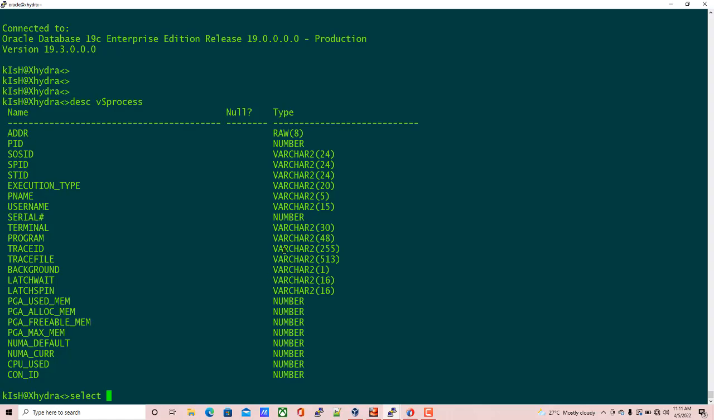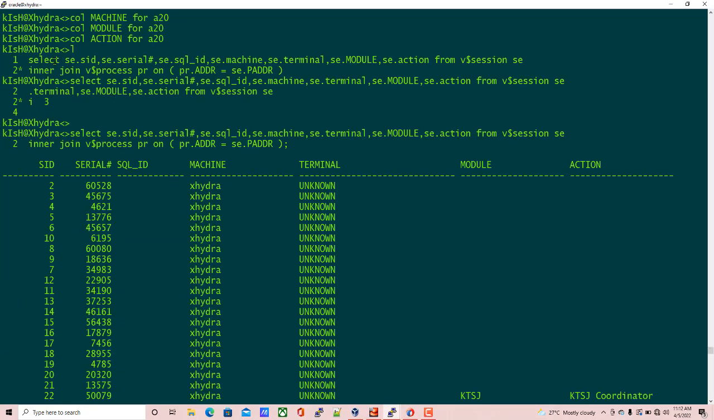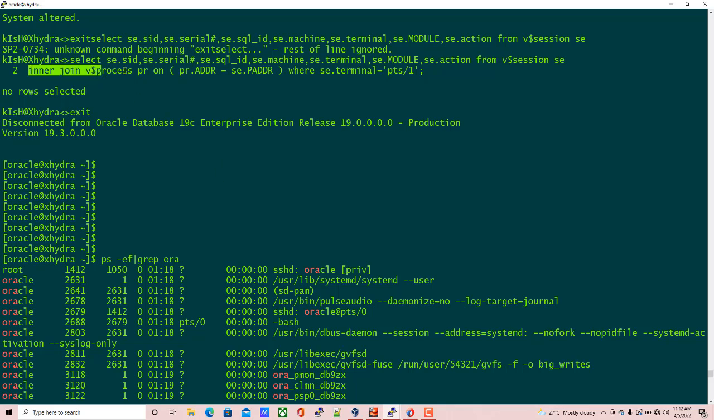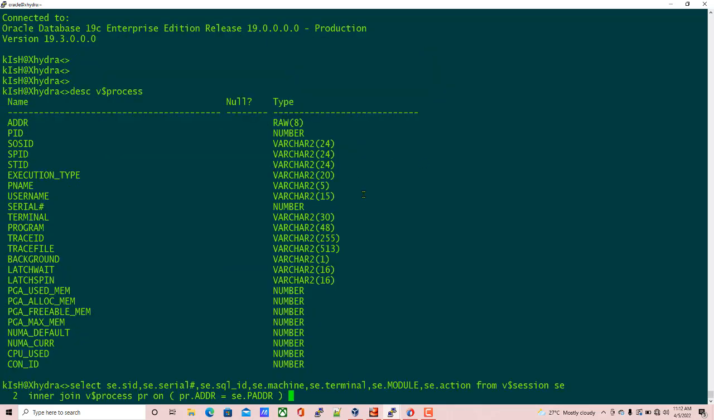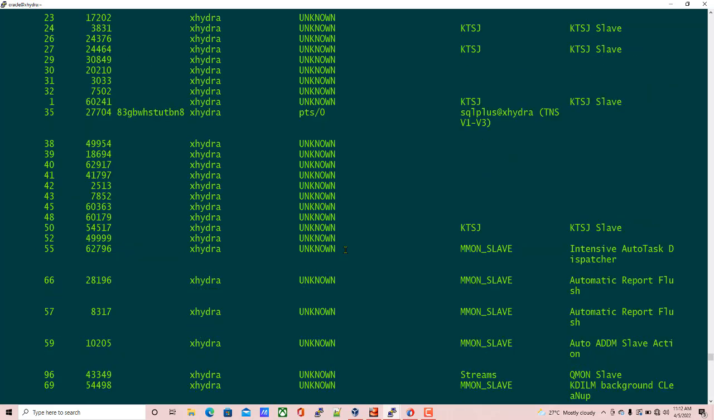what I'll be doing is I'll use the same query which we used previously. And I will join the $v process with the session, and I will filter it with SPID. So in the previous session we didn't identify the exact session, but we somehow indirectly identified the terminal and